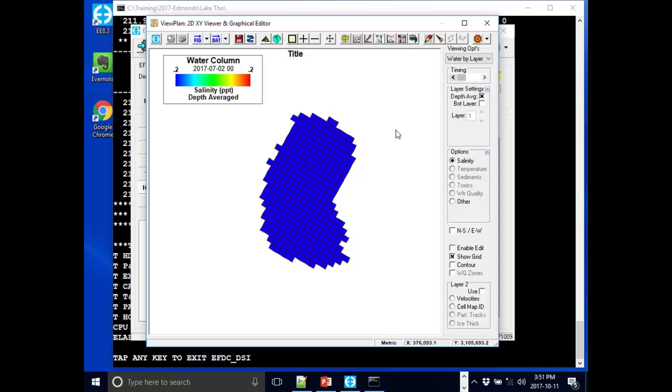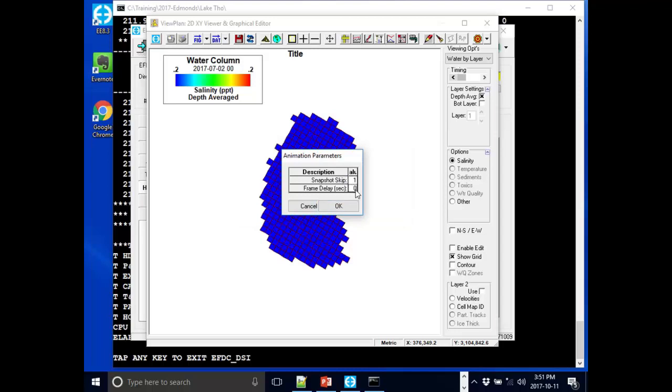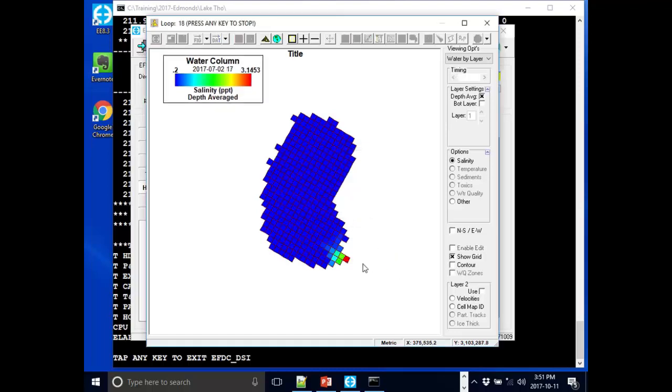You can hit Control Alt A, that's not working. Control A, and it will take you to the animation window. Animate to AVI, no. I'll still use 0.1 time lag, and let's go ahead and click OK. So you would see,